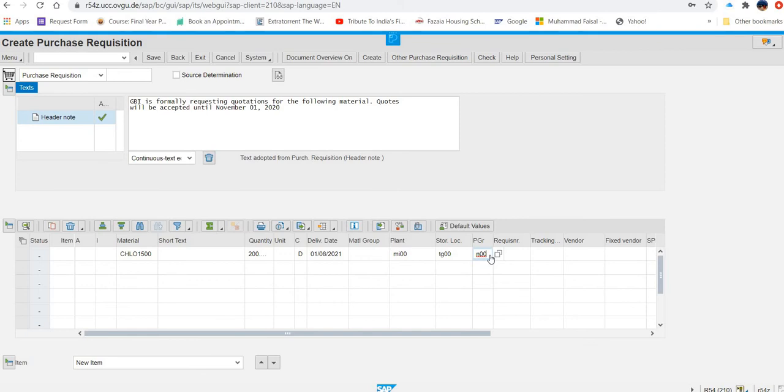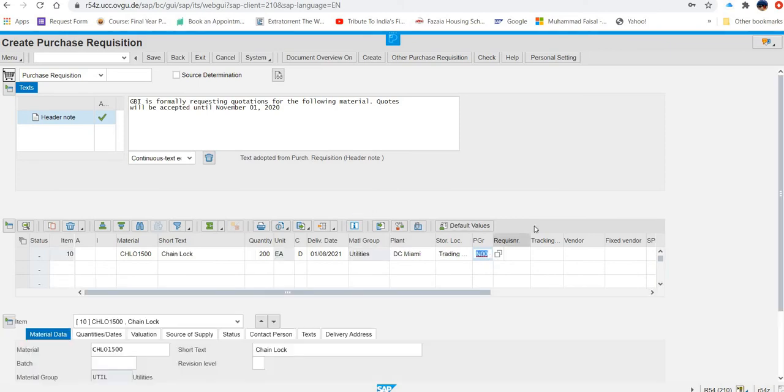Now what they are saying, press enter and compare the screen. Now on the screen, they are saying it is something like these things have been entered, and now what else you have to do?